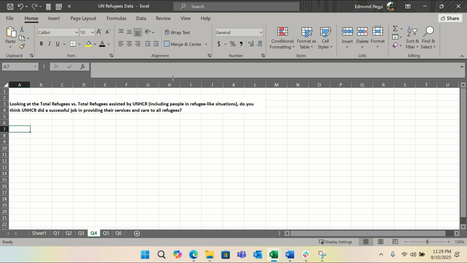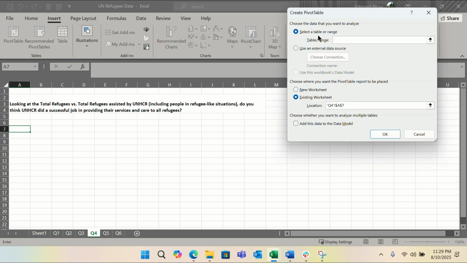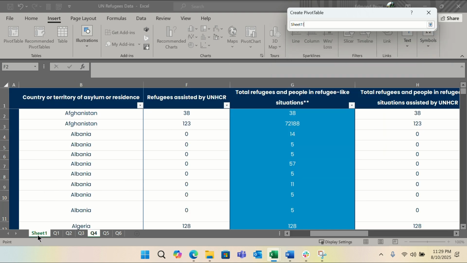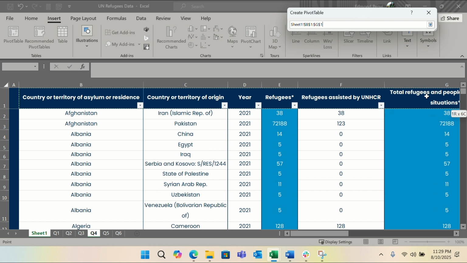So we use the pivot table to get data, and then we can do our analysis. Do insert pivot table, select the fields, come back to B1 to I1, then 4 to 6, 7,